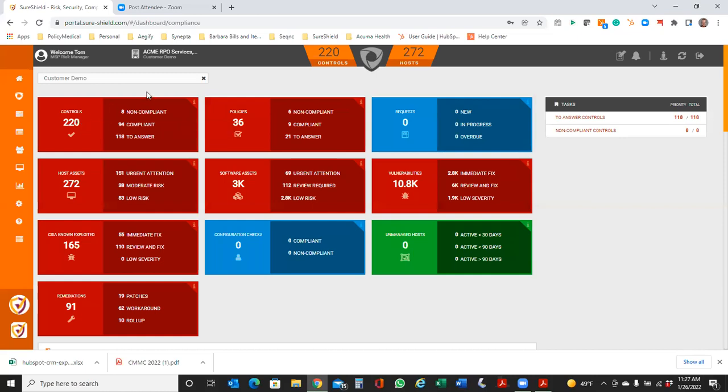So in this customer demo environment right now, I just want to point out that this is specifically showing things related, at least on the control frameworks, to CMMC and NIST. However, our ComplyShield product actually has over 32 different frameworks that can be instantiated.